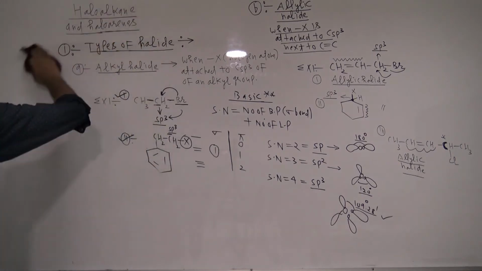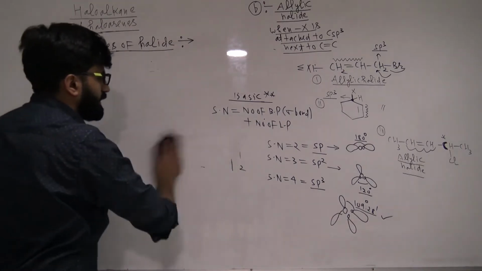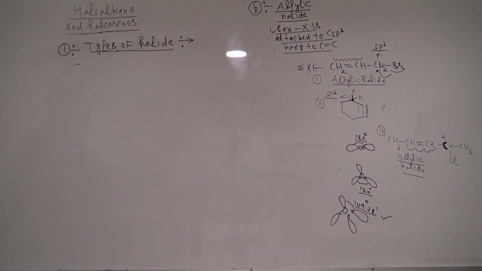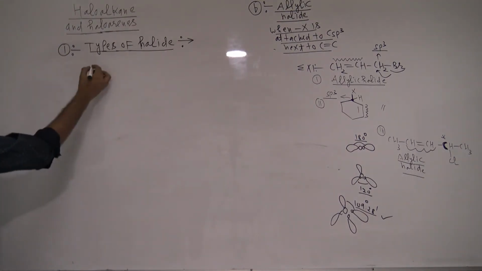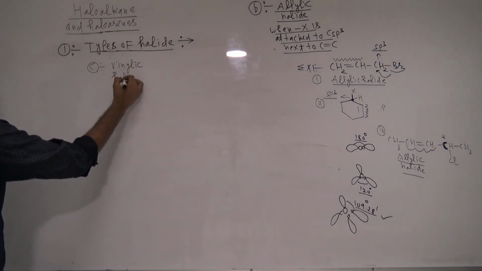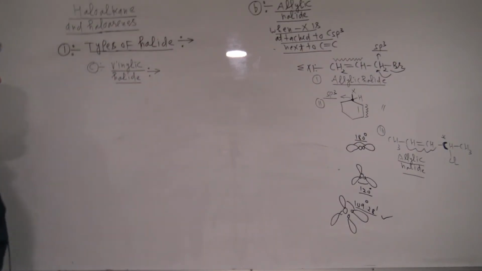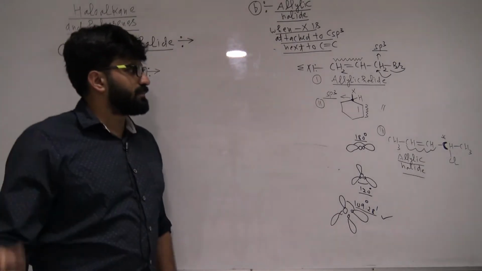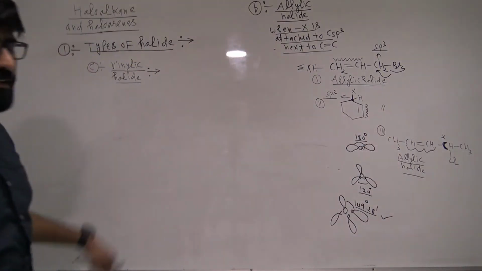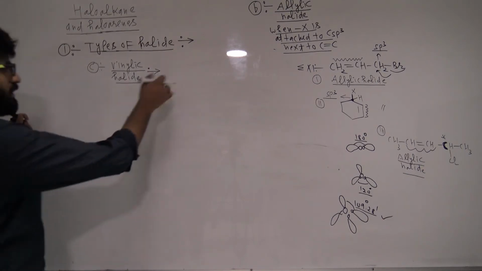Okay, so the third type of halide I'm going to discuss. So what is your third kind of halide? I hope you are done with the notes also, right? So the third kind of halide is vinylic halide. Even in chemistry, the vinyl group is very famous. Okay, I wrote allylic halide. Even the vinyl group is very, very famous, but vinyl halide we represent like this. This is how we define it.